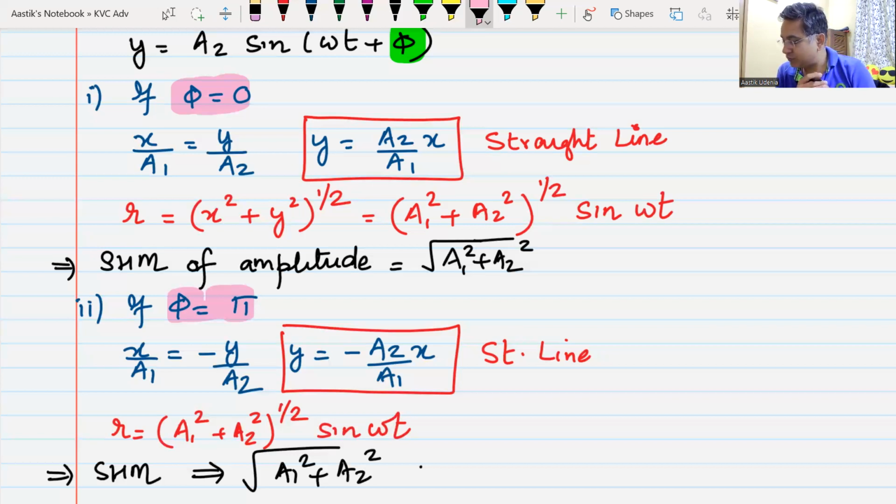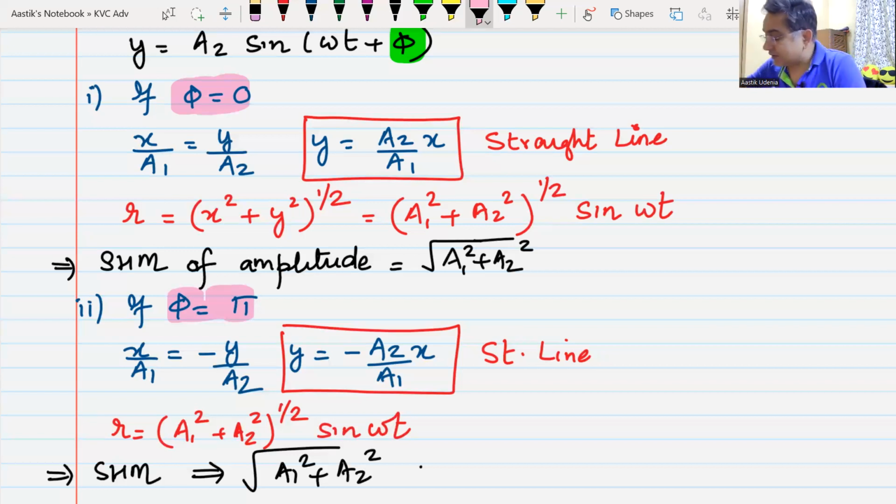Sir, in the second case, what is the phase of sine? Is it omega t only or omega t plus pi? That will be omega t only, beta. See,